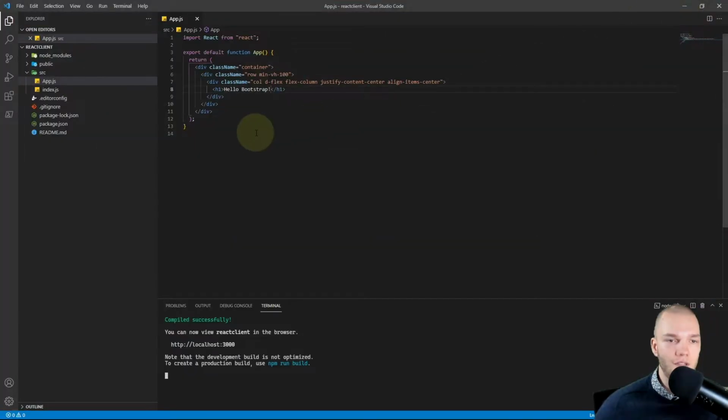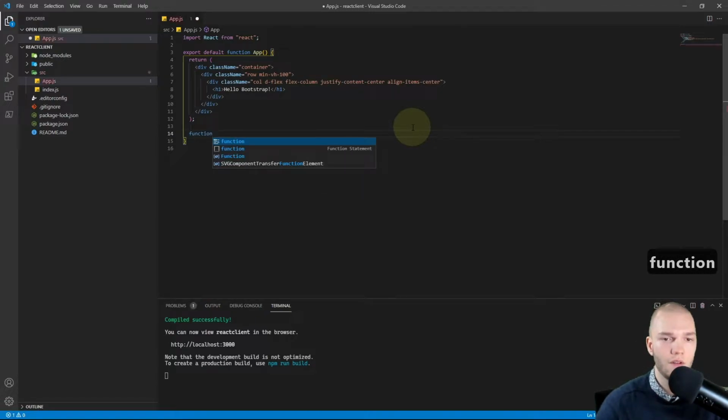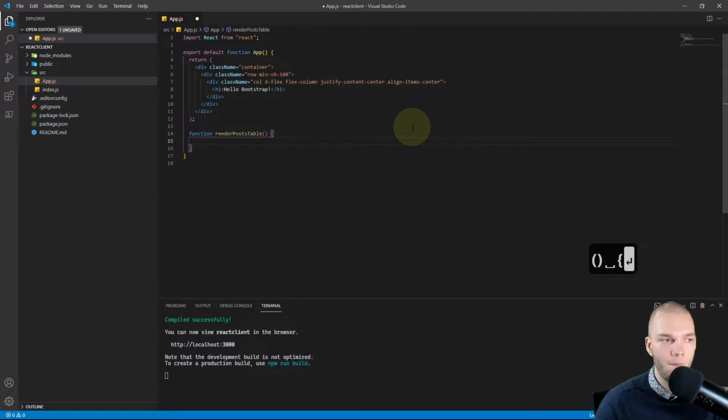So back in VS Code, below this return statement, but still inside the app function, I'll just go one line or 2 lines below it, and I'll just make a function that returns the table JSX. So I'm gonna do function, and I'll call it renderPostsTable, and there we're gonna return.